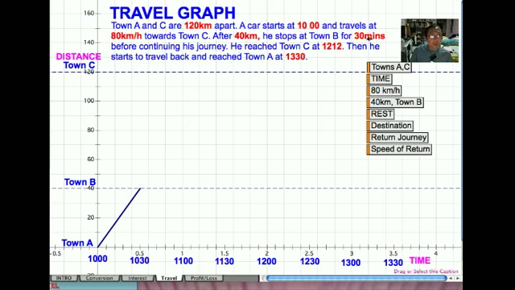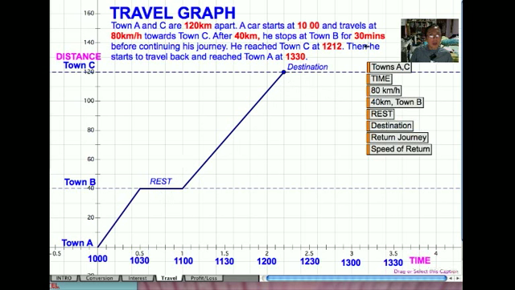Next, he rested for 30 minutes. This is represented by a flat line because it does not gain in distance, but the time still continues up to 30 minutes before he continued his journey, and he reached town C at 12:12. We need to estimate the time 12:12 by looking at the number of parts. 5 parts represent 30 minutes, therefore 2 parts represent 12. Thus, his destination is at 12:12,